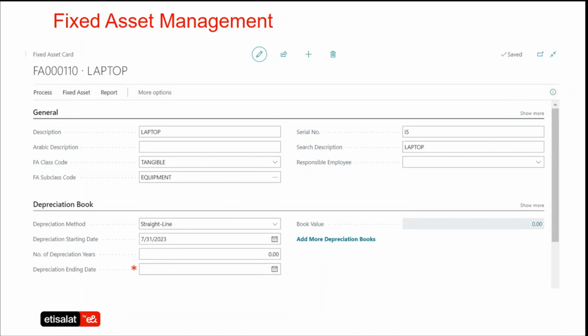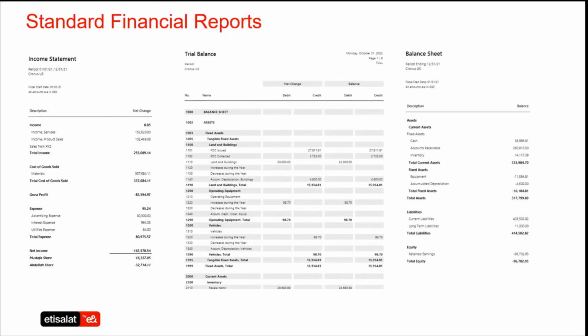Moving forward, these are some of the standard reports which are available out of the box in the system, and they give you clear visibility about your organization's current status. Say, for example, you will also be able to see your trial balances, your income statements, your balance sheets, and other reports in a single slide itself. This is just a sample of the reports, but there are more than 200 standard reports available within the system, which any customer can go ahead and utilize to view their organization's status.